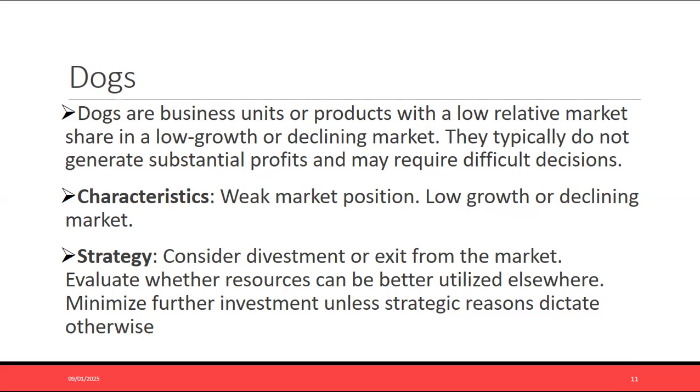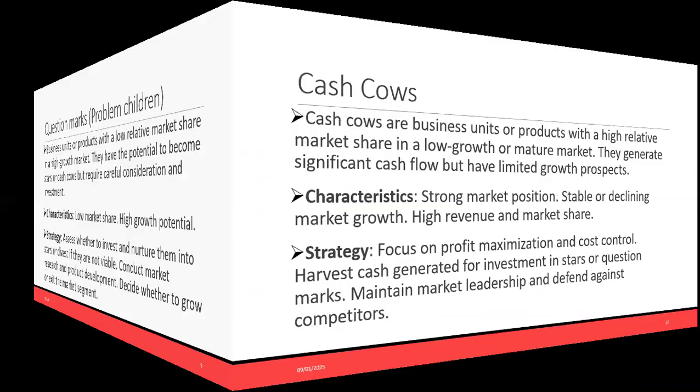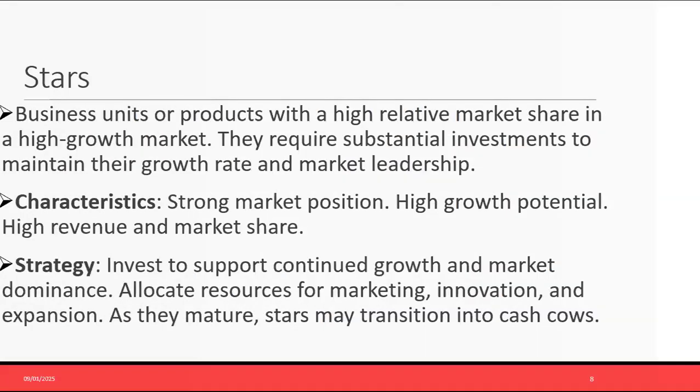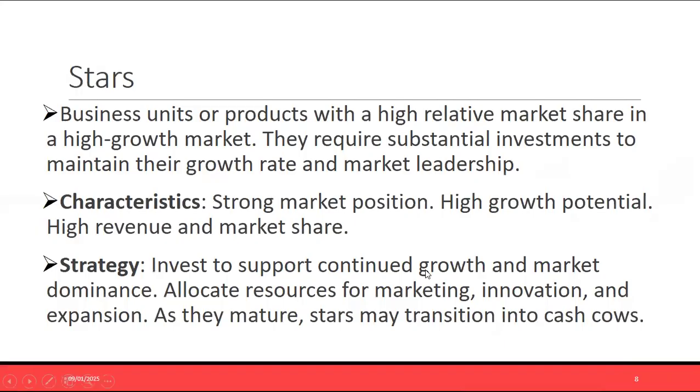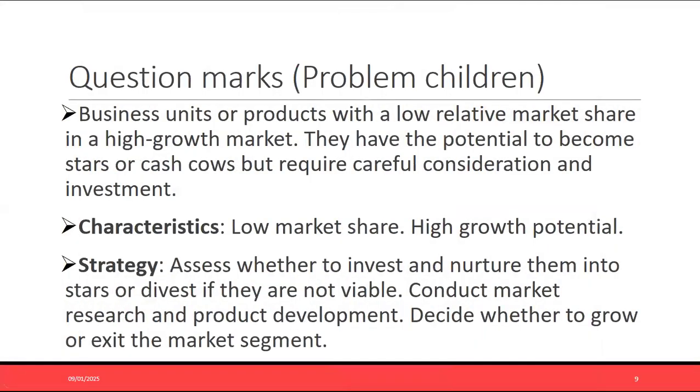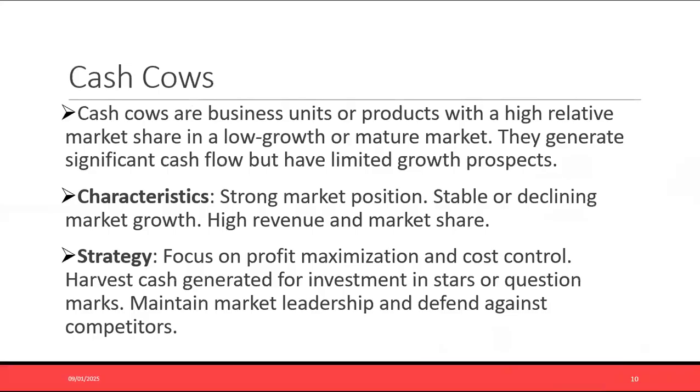Okay, so basically that is the GE, did I say GE? Sorry, that's the BCG matrix, all right, for strategy evaluation. So basically that is it. Your stars, your question marks, the cash cow, and then the dogs. Okay. Another framework that is used to